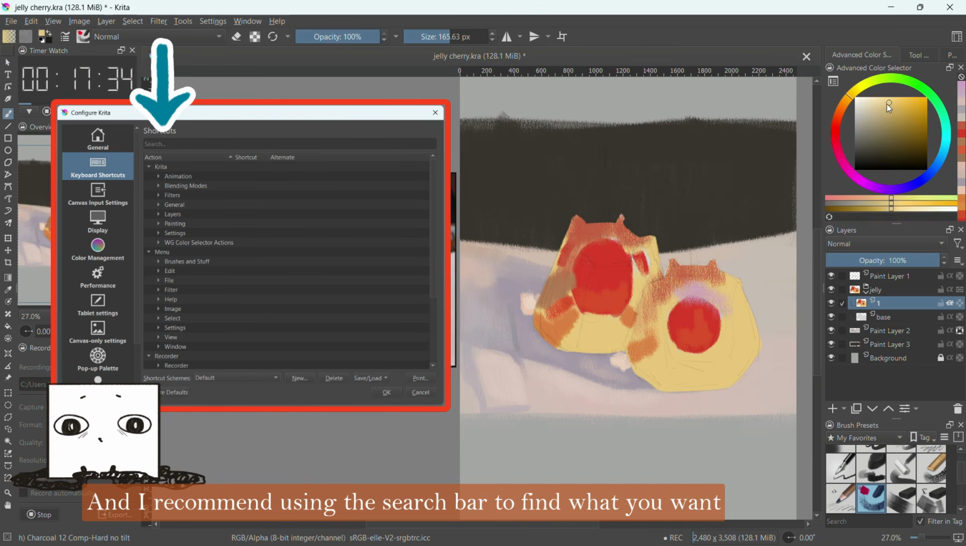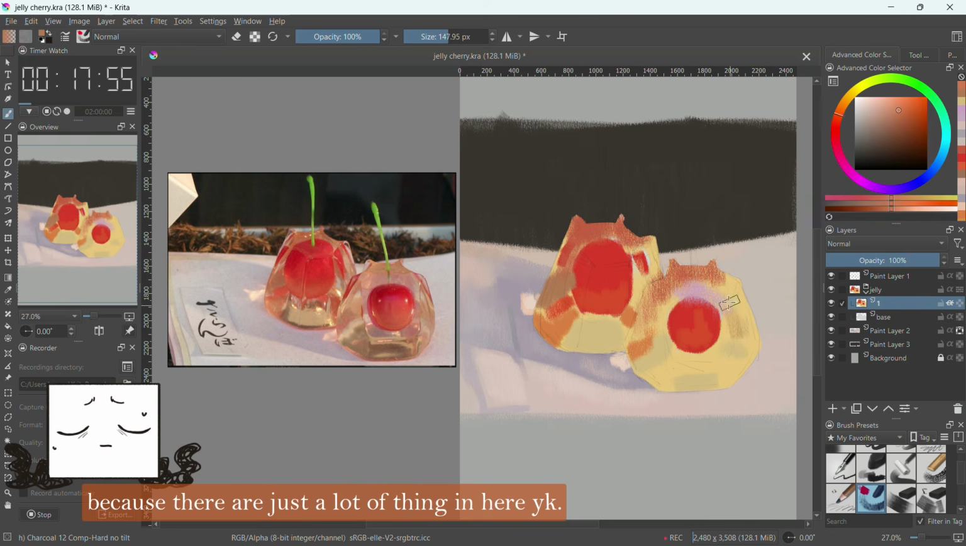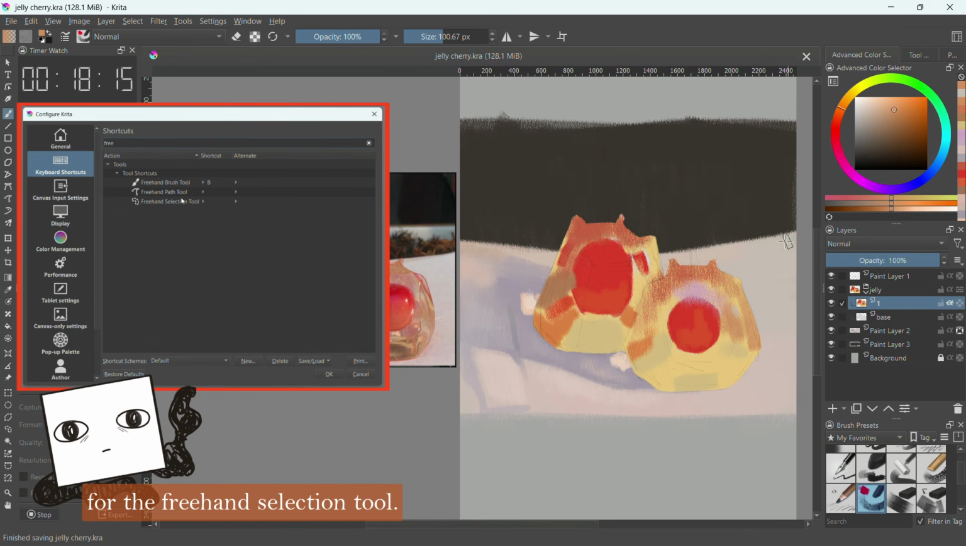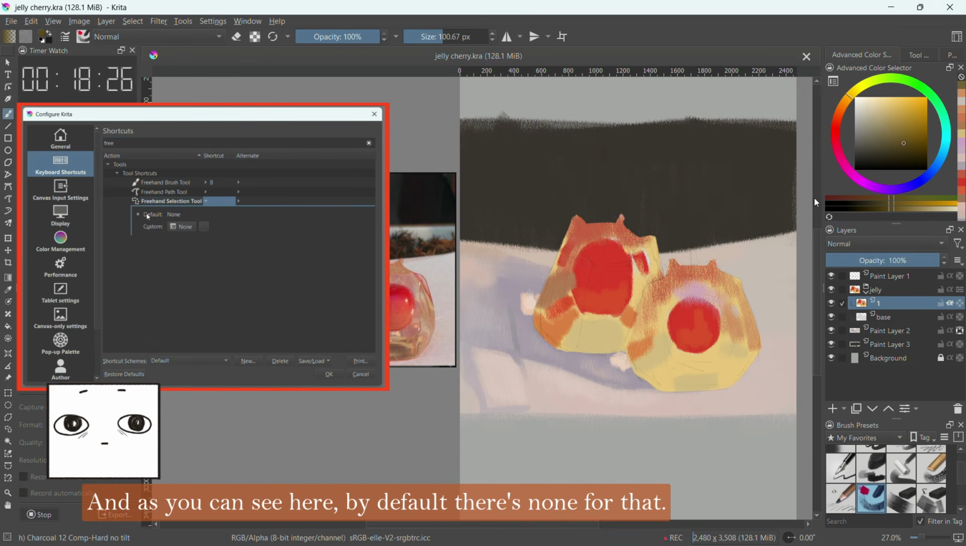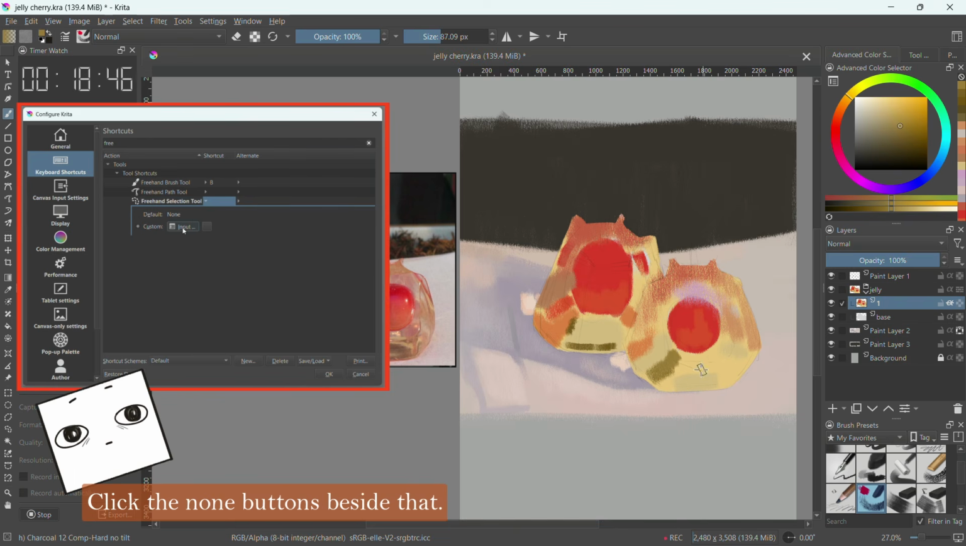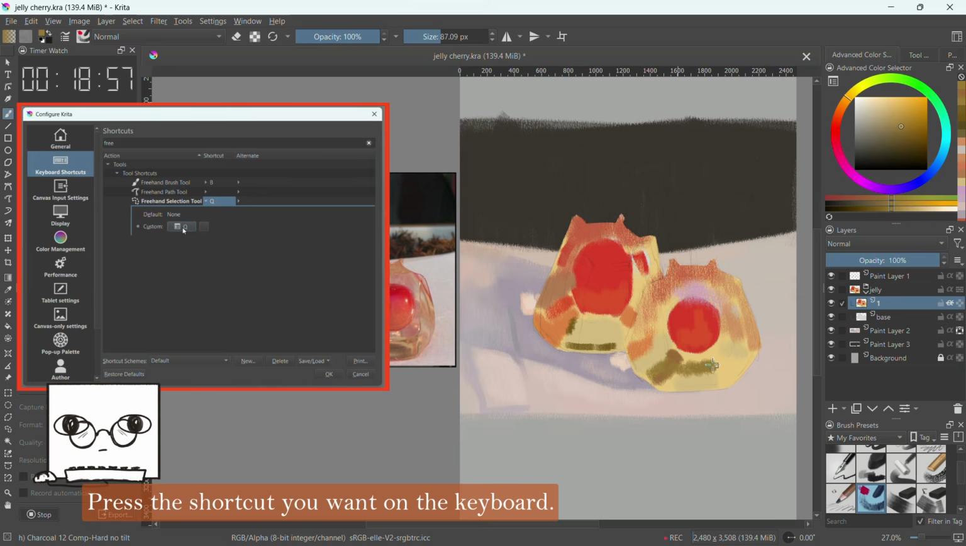And I recommend using the search bar to find what you want because there are just a lot of things in here, you know. For example, let's say I want to make a shortcut for the freehand selection tool. And as you can see here, by default, there is none for that. So we will click the custom one, click the none buttons beside that,